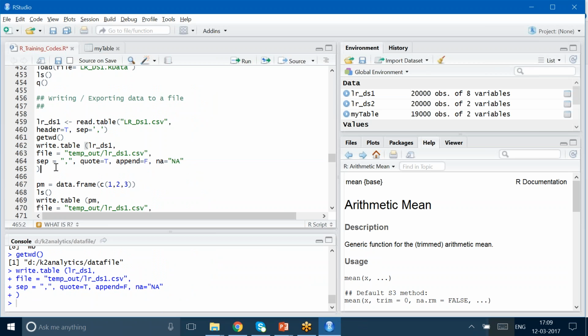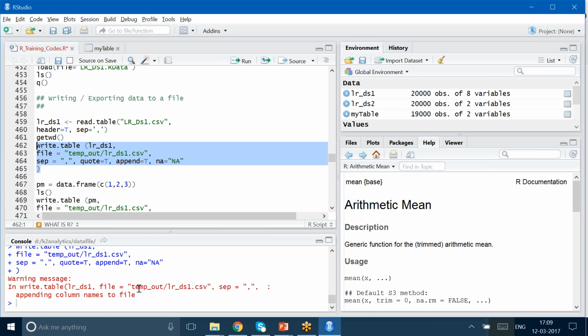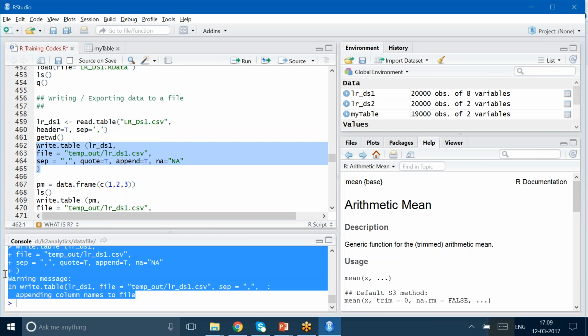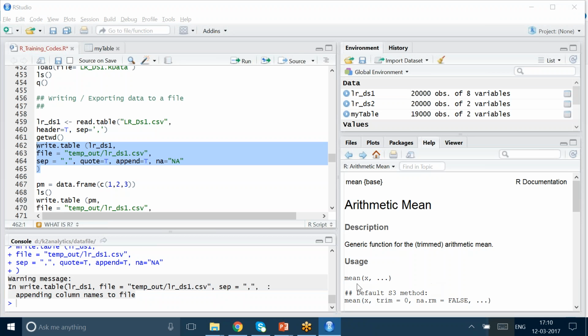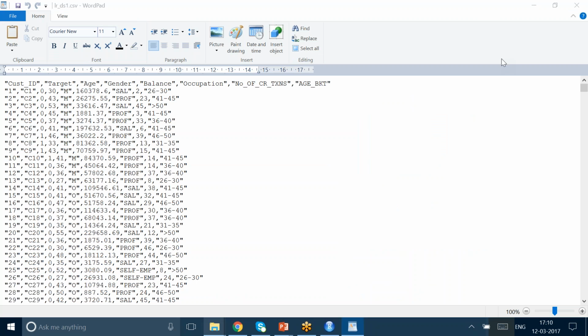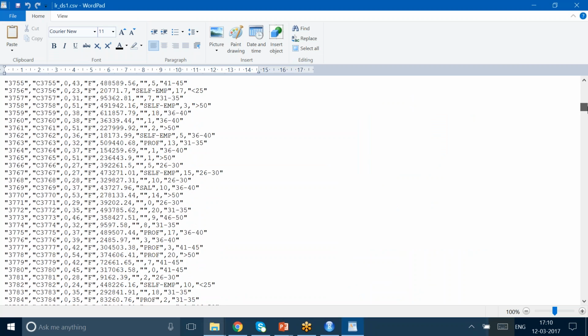After you have opened the file, just close the file, and what I suggest you to do is run the same syntax. Just change append equal to false to append equal to true, and run the same syntax, and now see, you get this warning message also. Now you open the file and see how many records are there. Let me open the file in my machine. So this is the file. I have opened it again. So here, as I scroll down,